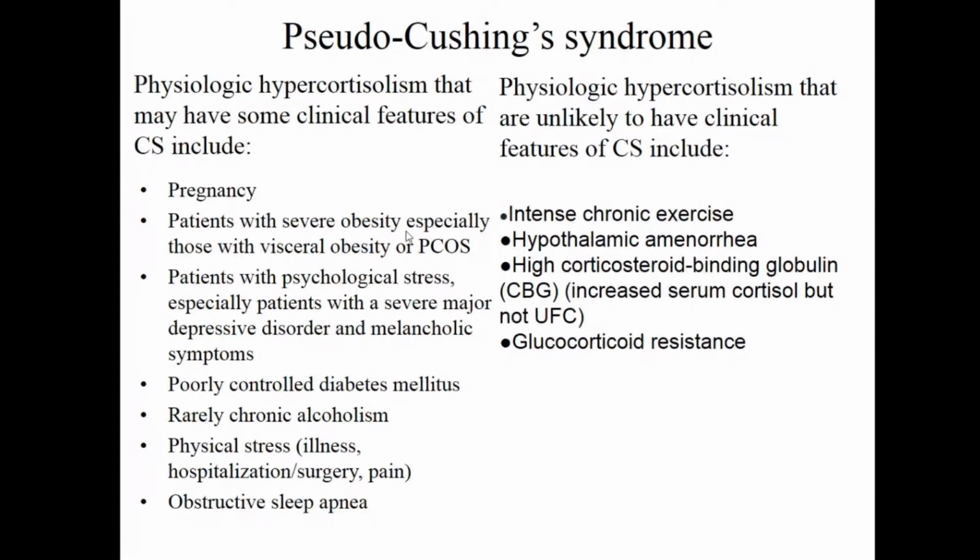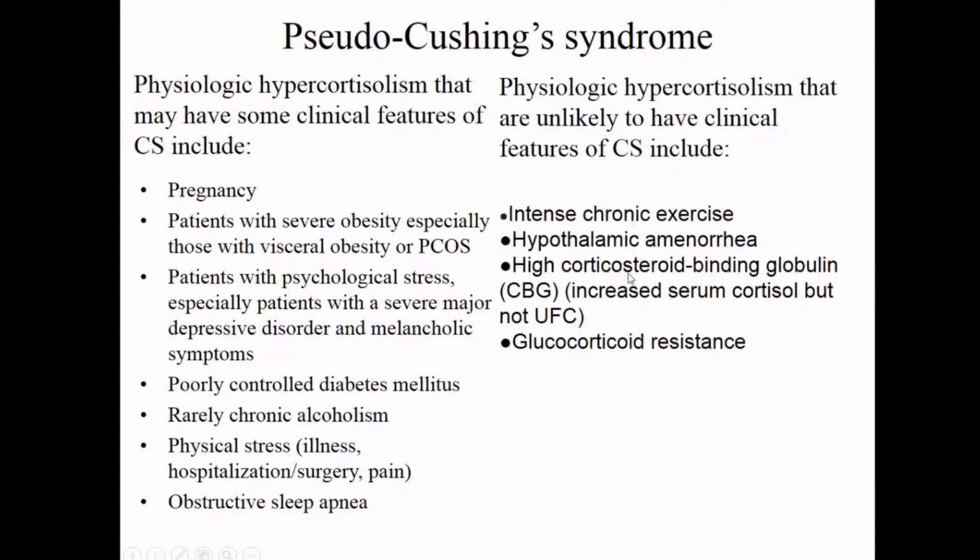So you will do the estimations of the cortisol, you will find that it is very high. You expect that the patients will have all the symptoms and signs of hypercortisolism or Cushing syndrome, but in a patient who is an athlete or who is used to intense exercise, you may not see weight gain, which is